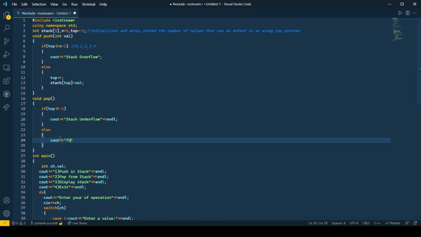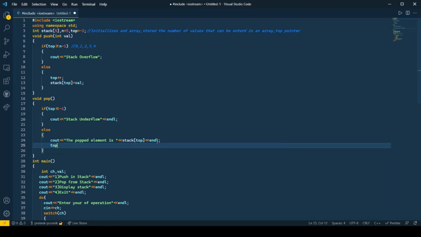So the popped element is, first we display the value which is currently at the top of stack, that would be stack of top. Okay, and after that we'll use endl to print the next statement in a new line.